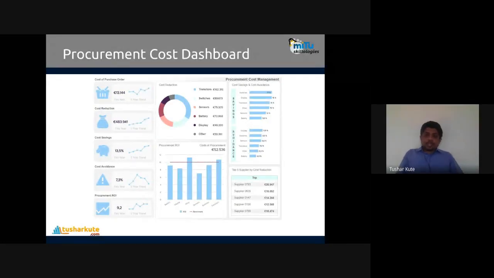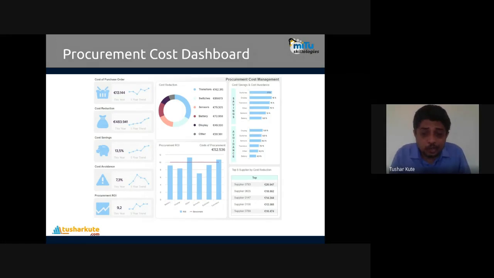Even the procurement rate of interest is shown: the benchmark is 10%, but for different kinds of assets it's different. Others have more than that, 11%, and for transistors it is again 11%, or 10.5% or so.